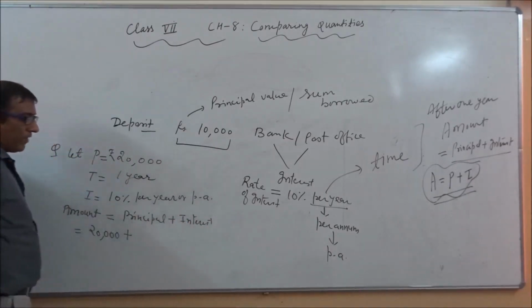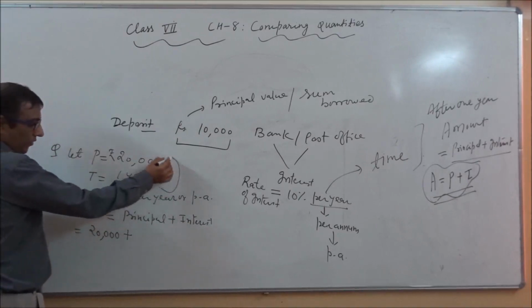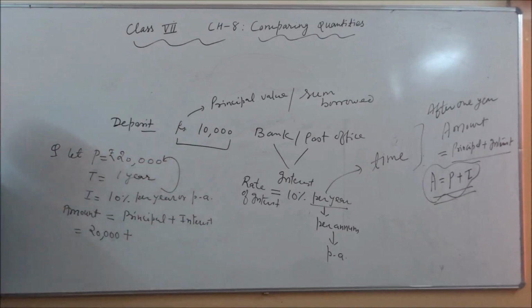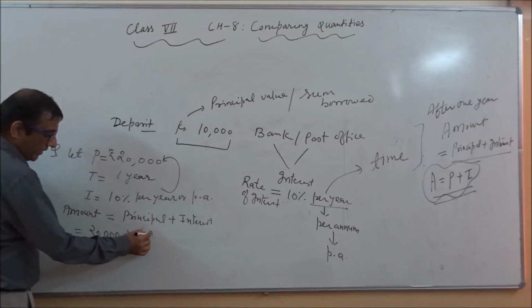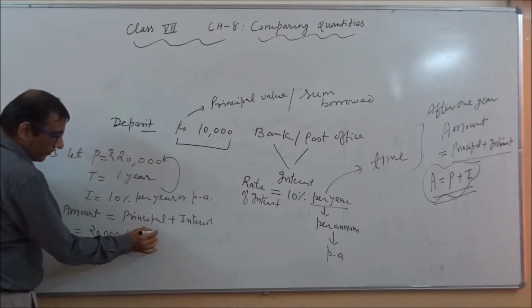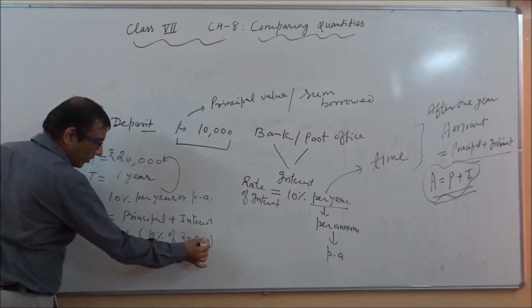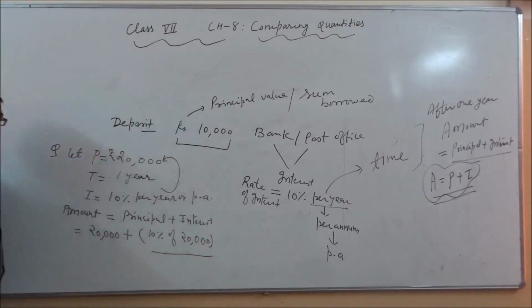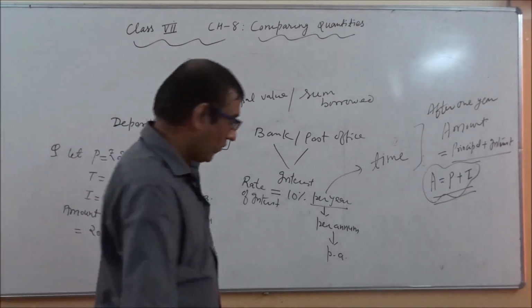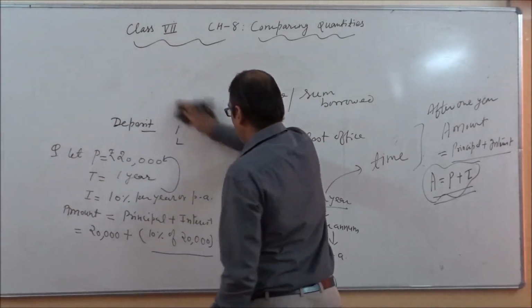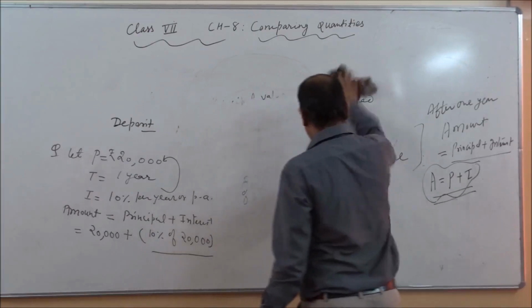Interest, how can we calculate interest? Interest we have to calculate always on the principal amount. So we will write here 10% of 20,000. But this concept I already told during the concept of percentage. So how can we solve it? We can say, for this example,